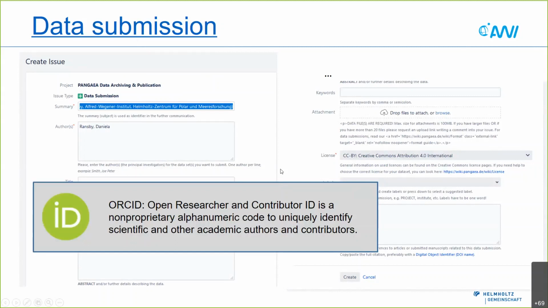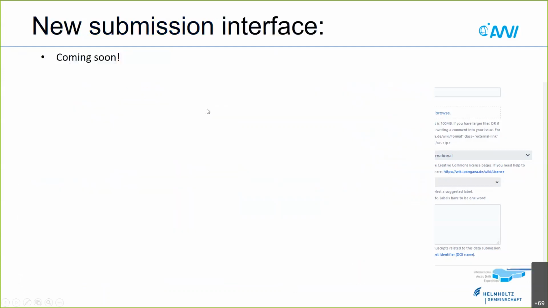I have seen that at least one of you present here is not yet a user of PANGAEA. So for submitting data, you will need to register yourself as a user, and we recommend you to do it with your ORCID. As researchers you probably know, ORCID is an open researcher and contributor ID, and this identifies you uniquely, and like this, you can claim the ownership of this data set and get credit for it.